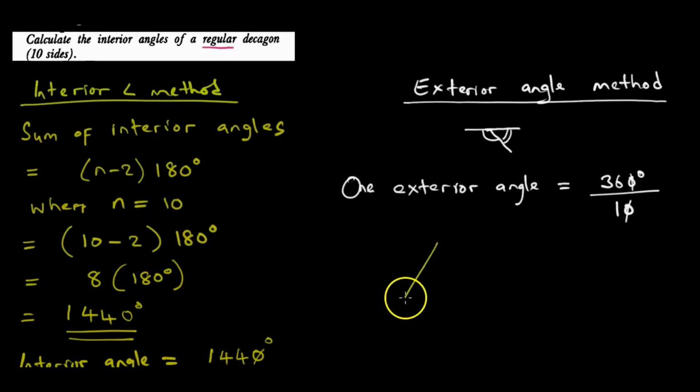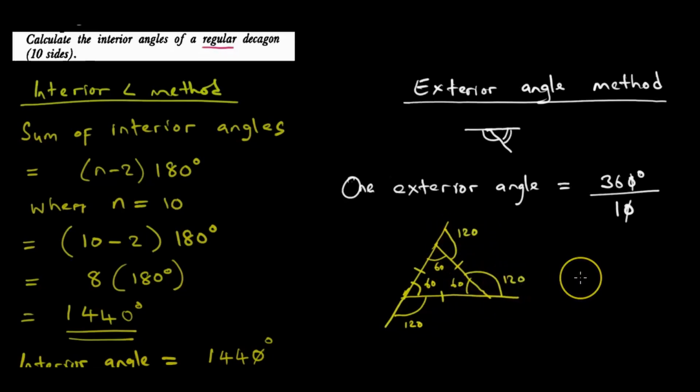Just a quick example to explain this. Equilateral triangle, that's my go-to. So let's draw one like this. We know that since these sides are equal, this will be 60, 60, and 60. Can I calculate this exterior angle? It's just 180 minus 60, which is 120. 180 minus 60 here, 120. 180 minus 60, 120. So you can see that when our shape is regular, my interior angles are equal and my exterior angles are equal too.